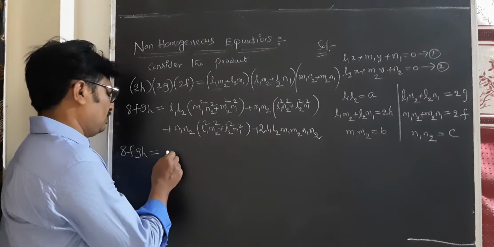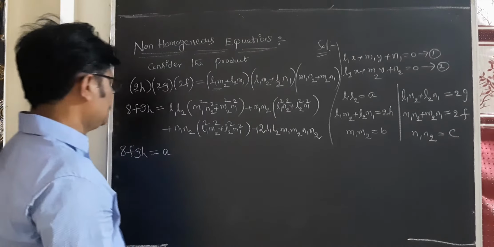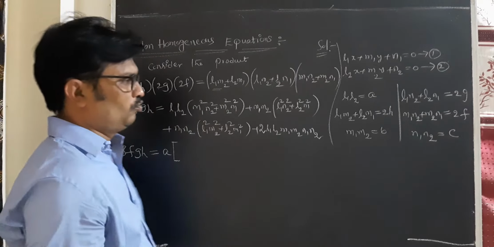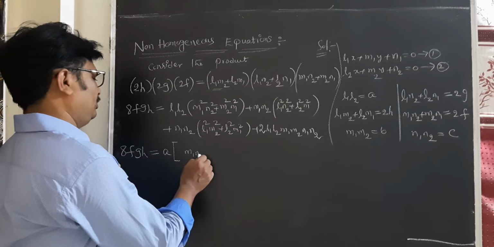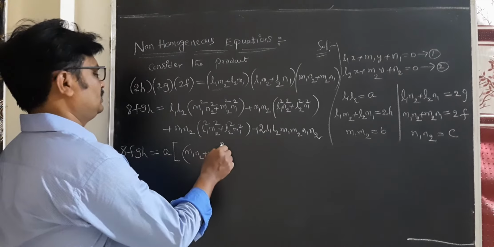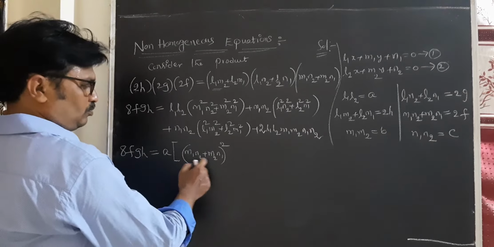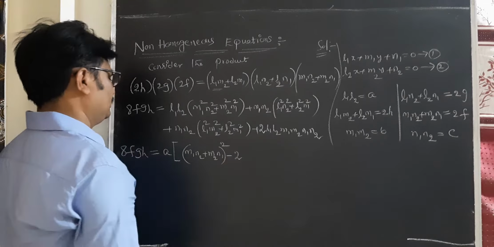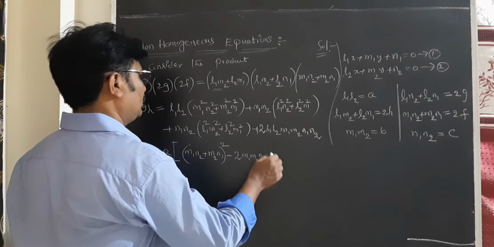So this is L1 L2, we know that this is the a. Yes, this is the a. We know that this can be written as M1 N2 plus M2 N1, we know that this is 2f. Undoubtedly this can be written as M1 N2 plus M2 N1 whole square. Is it clear students? a square, b square, a plus b whole square is a square plus b square plus 2ab, so we take minus 2ab. That is M1 M2 N1 N2.